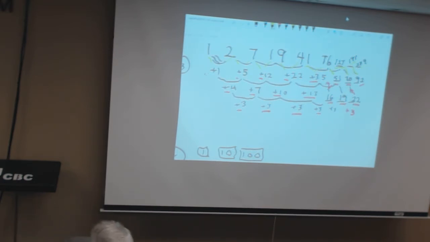So what are the next three numbers after 41 and 76? 127, 197, and 289. This is not rocket science. It's just walking around the park enough times till you've